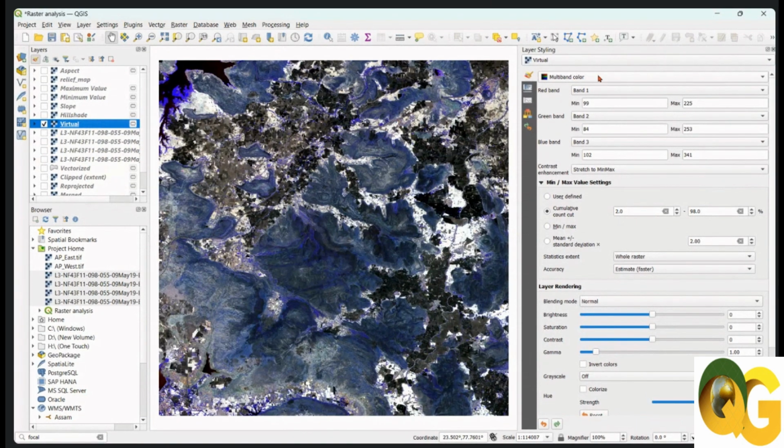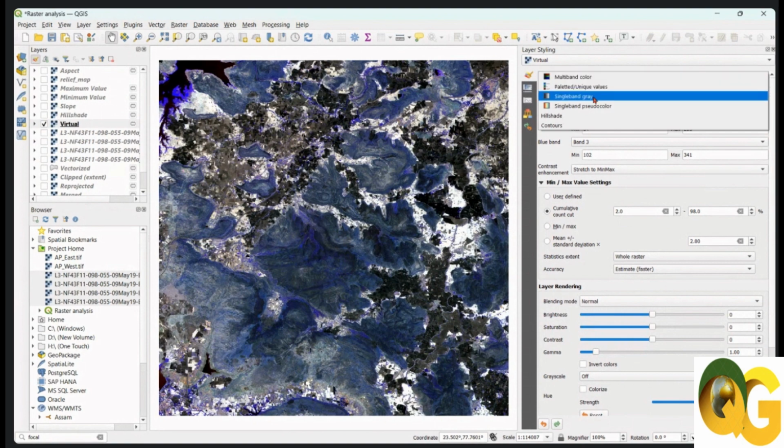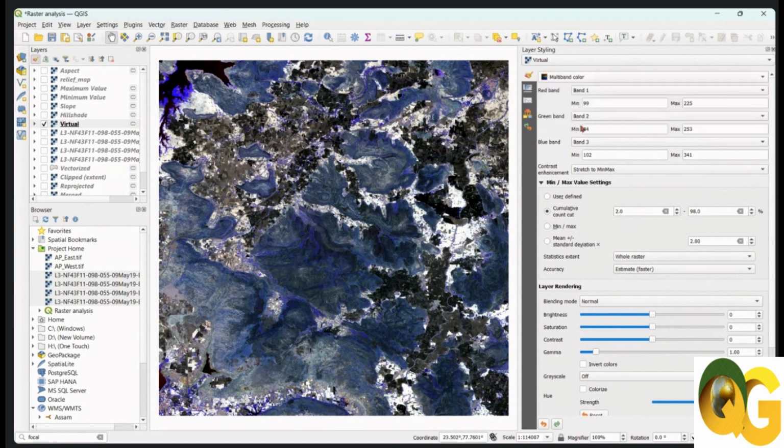Okay. So this is your multi-band color. Till now we were discussing single band pseudo color and hillshade. Now you have multi-band color. Here you have the red band, here the green band, here the blue band. If you want to give it a false color composite, we call it FCC, then you